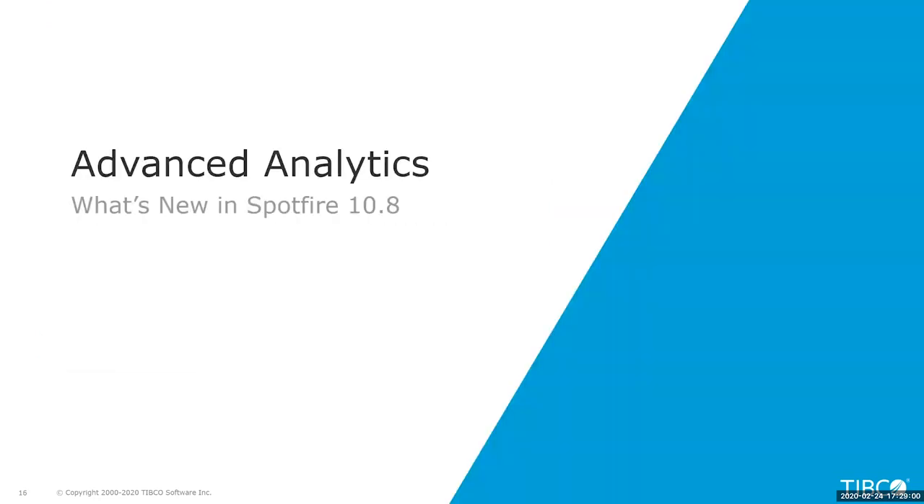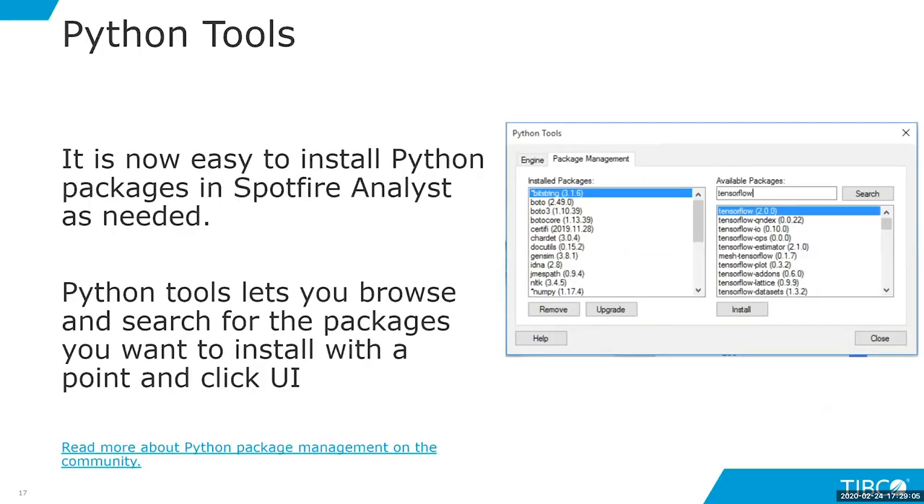So that's the visual analytics news, and we have one feature on the advanced analytics side, which is the Python tools dialog. You may know that in Spotfire 10.7, we introduced the ability to do Python data functions natively in Spotfire Analyst. In order to install Python packages, you needed to use the pip mechanism in Python, so you needed to write a short command line string